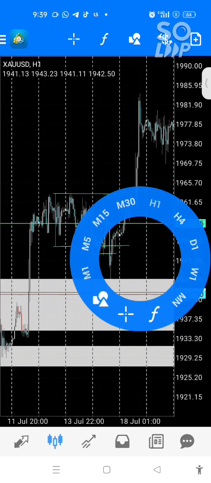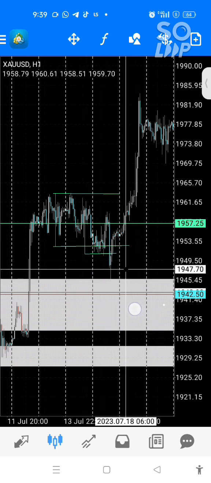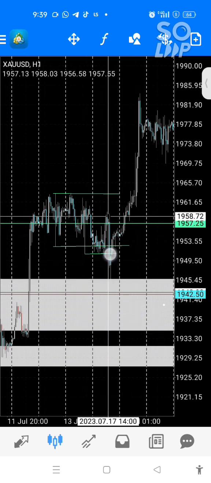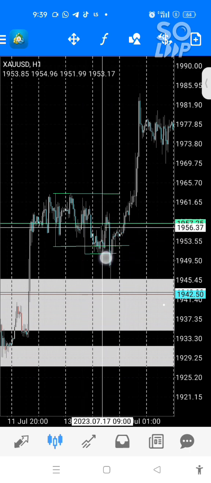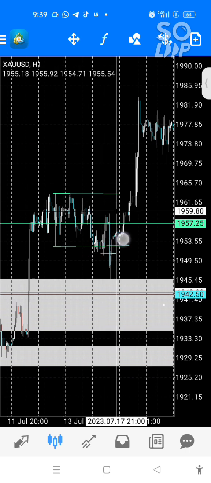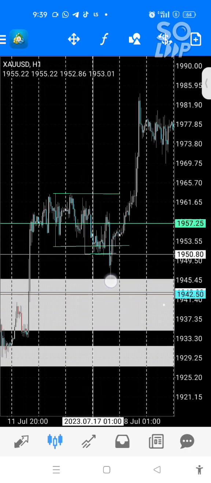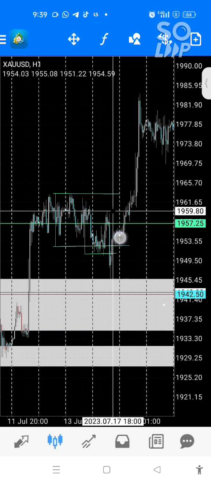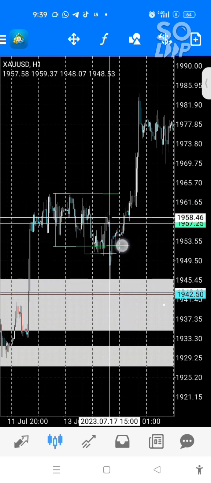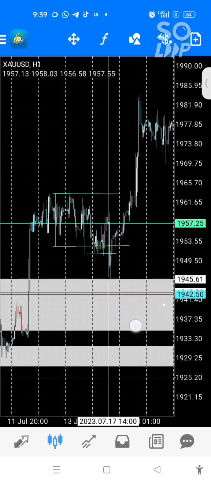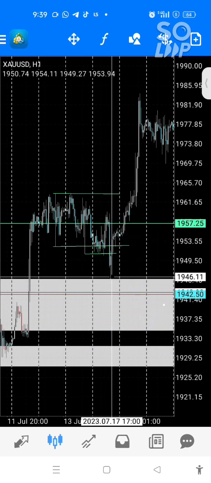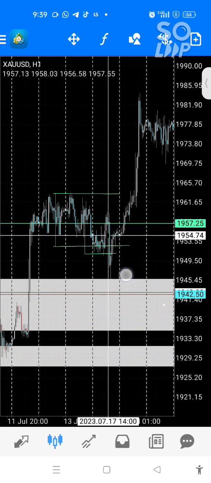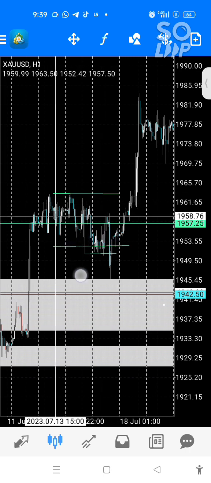Now, once you enter your trade, your first target is what? Your first target is the 50%, or the leg that broke, that purged the range, the leg that causes the purge. This is the leg that causes the purge. This swing high is what causes that purge, right? So it can be your target.